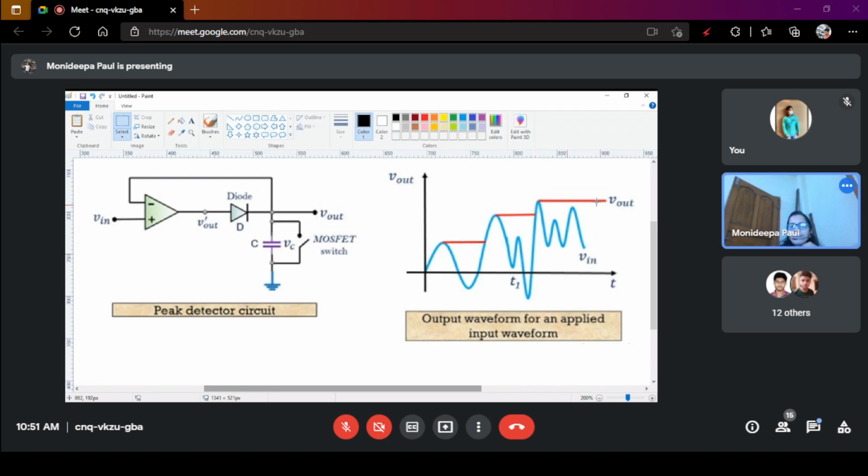So in this way, this peak detector determines the peak value of the signal. Here this is another peak, this is also a peak, but this peak is less than the previous peak. This peak is also less than the previous peak, and this one too. So these three peaks we can't identify. If this peak value were greater than the previous peak value, then this peak could be identified.